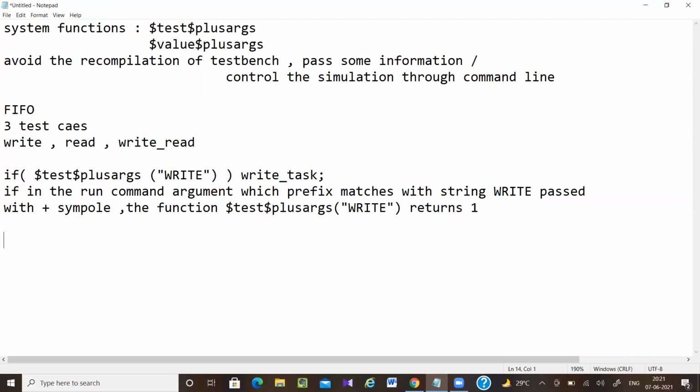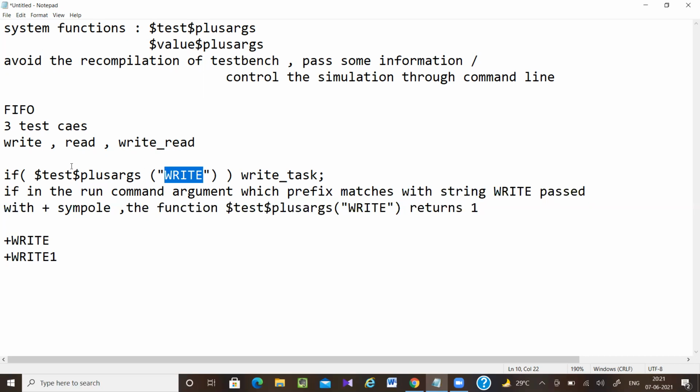Say I am passing an argument like plus write, or I am passing plus write1. You can see that if I pass plus write1 also, this prefix is matched with this one. So whatever argument I pass, if its prefix matches the string you have written here, then it will return 1.